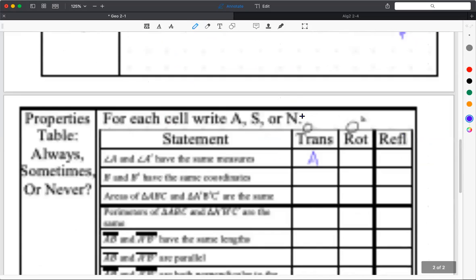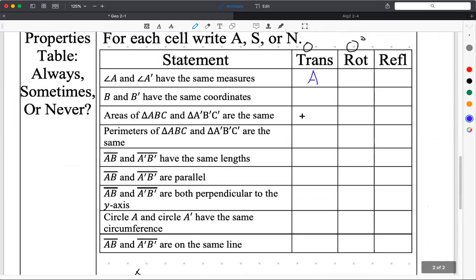But again, I'll let you guys play with this. You need to help me fill in the table. I want you guys to play with this on your own for a bit. But let me jump around on the table. I don't have to do rotations and reflection unless you really want me to. Let me jump down to